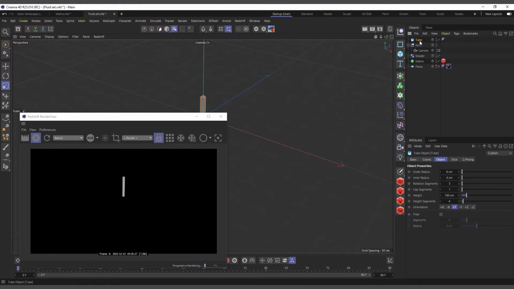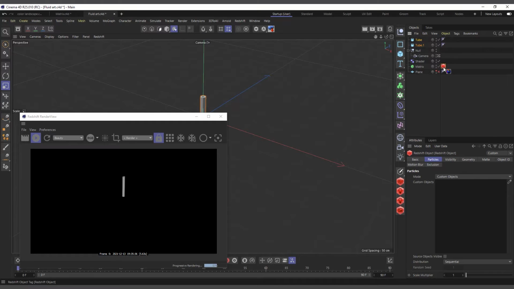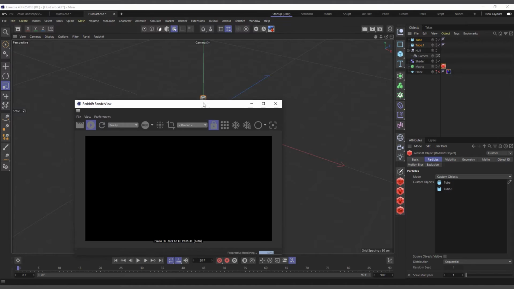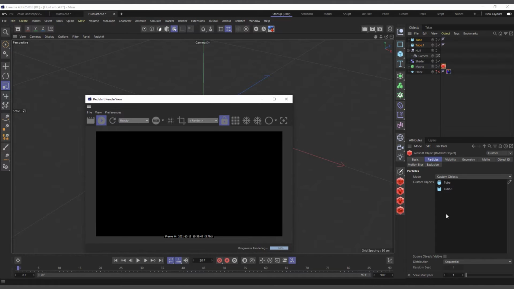Then I'll create another one and increase its rotation segments to 6. We are going to use these two objects as our custom objects. I can simply come into the Redshift object tag and drag these two into it. It can be any number of objects we want. So this is the custom object we are going to use in a Redshift scene.